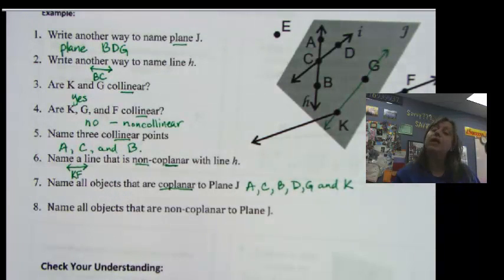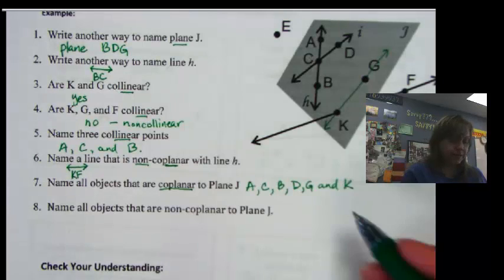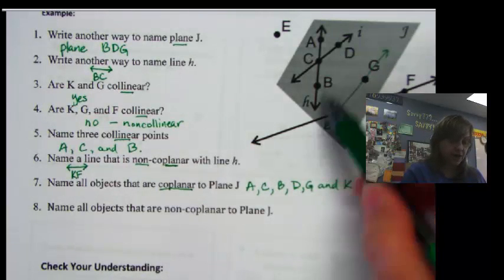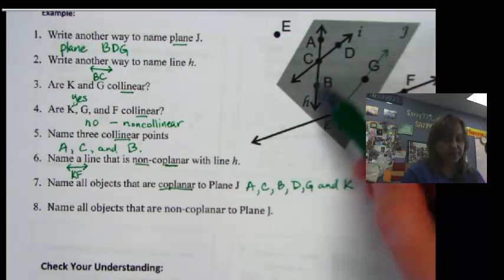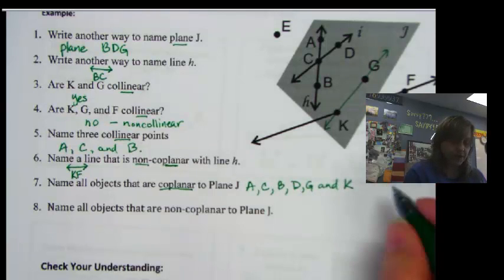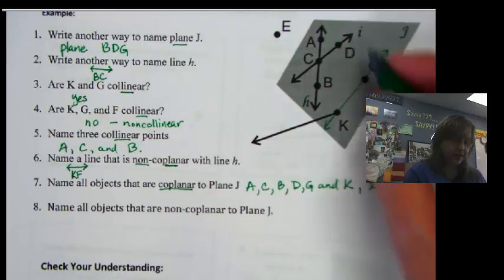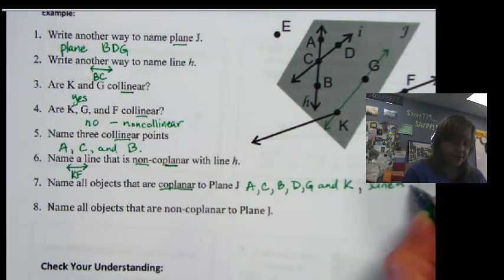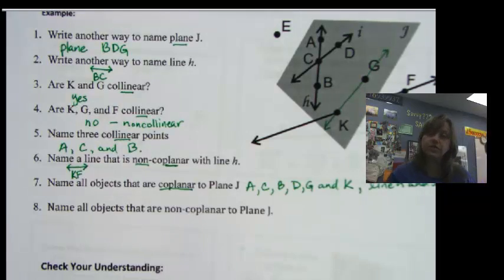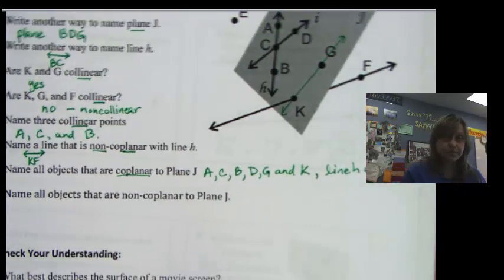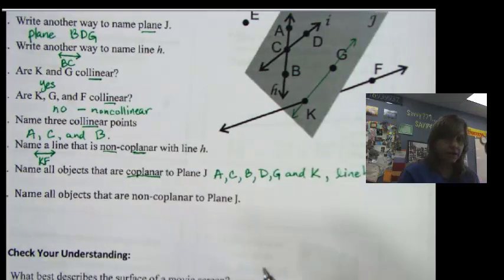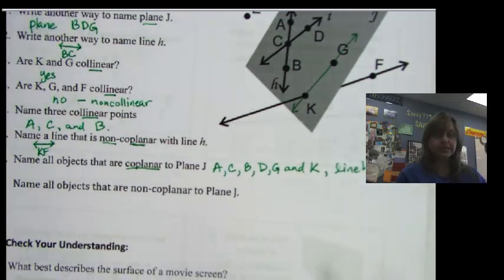So that's the points. And what about lines? Are there any lines that are coplanar in plane J? And I think there definitely are. And I'll do this the easy way, I think, just to name line H. Line H, and then the second line is line I. And we have to write out those words. Line H and line I. Okay, next is